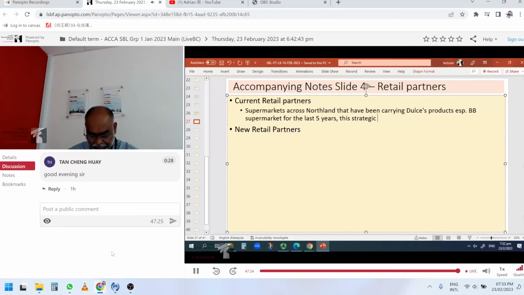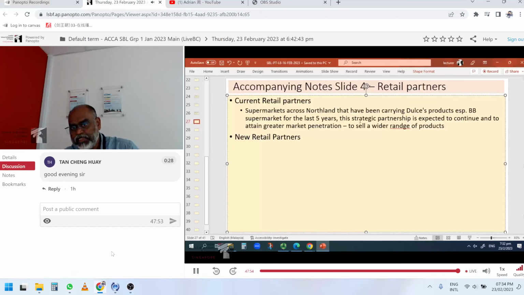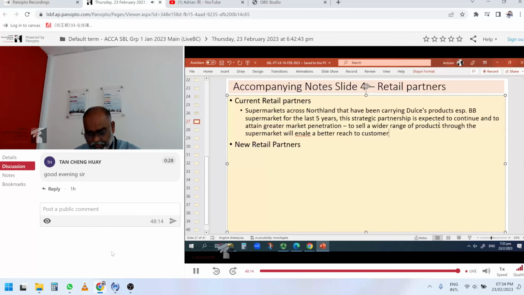This strategic partnership is expected to continue and to attain greater market penetration, to sell a wider range of products through the supermarket, will enable a better reach to customers throughout Northland,